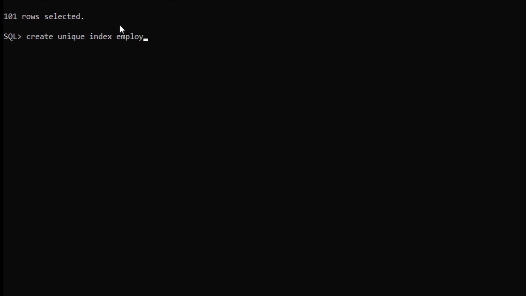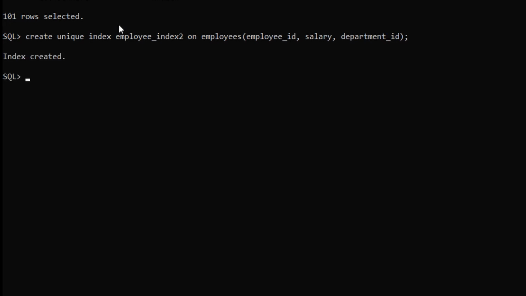Then the index name, which we will give as employee index 2, on the employees table, and in brackets we have to give the column names. So first one will be employee ID, second is salary, and last one is department ID. After hitting semicolon and enter, the index has been created.